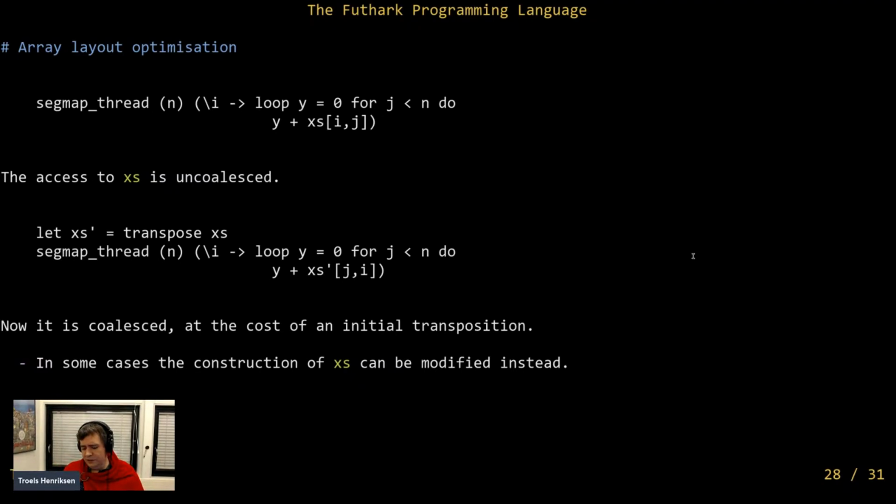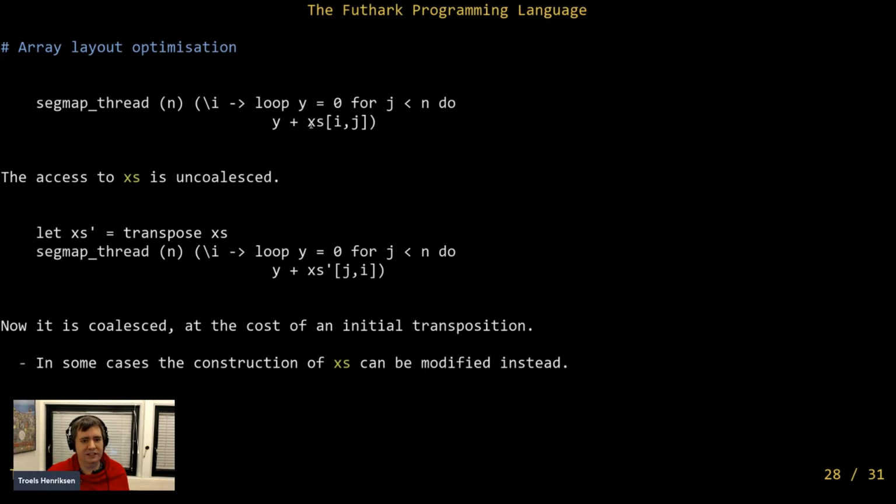So that's also part of this idea of modularity, because when you write a Futhark program, you don't have to worry about whether you're storing your results in the optimal order. You don't have to worry about how the users of your function will want to access memory. You just construct an array and assume that the compiler will make sure the layout is optimal based on how it's used. Now, optimal is a big word here.